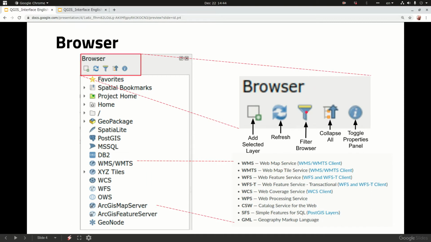The third button is a filter browser, and the filter browser, when you click on it, it's going to open a text box, and you can start writing the first characters of the name of the layers that you are looking for, and it's going to filter whatever the content in the panel here to match the initials that you have been typing. The fourth button is a collapse all button, and when you click on it, all the items